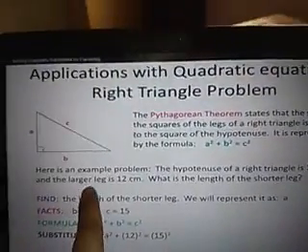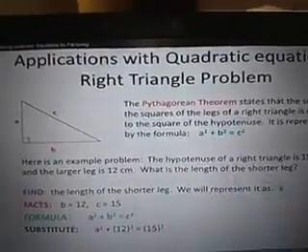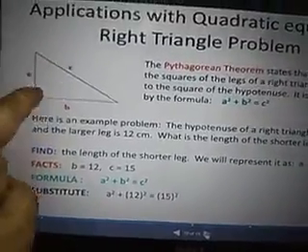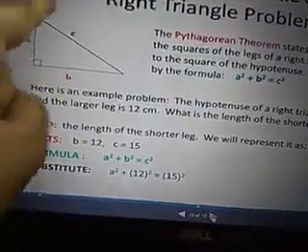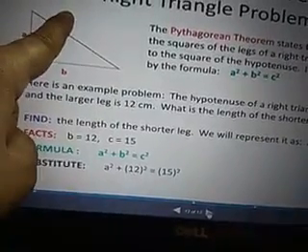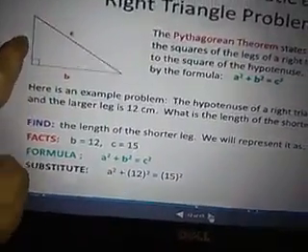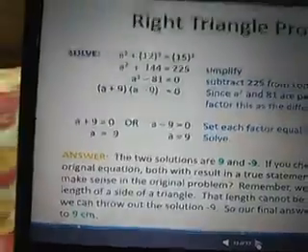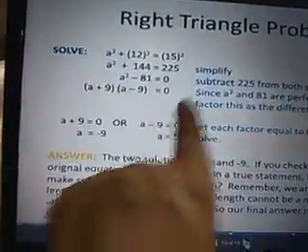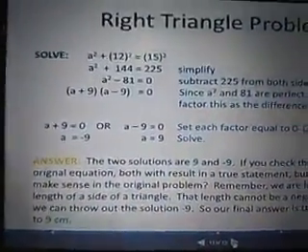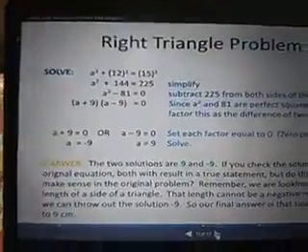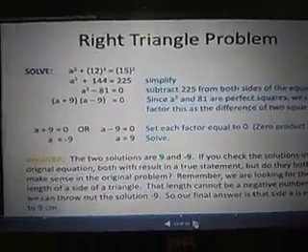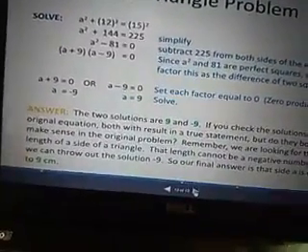If we have a word problem given that the hypotenuse of a right angle triangle is 15 centimeters, the larger leg is 12, find the length of the shorter leg. So this is given as 15, the larger leg is 12, and this one is x. So 15 square is going to be equal to 12 square plus x square. This is the formation of the equation, and after that we get it like this. We'll solve it by the factorization method and we will get two values for it, right? So this was how we solve a quadratic equation by the factorization method.